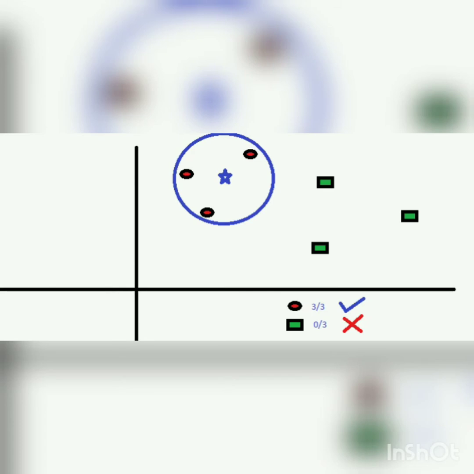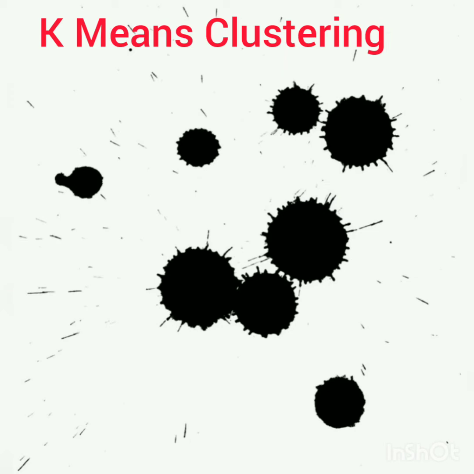So, the next one is K-means. It is a type of unsupervised algorithm which solves the clustering problem because it doesn't have a target variable or labeled target. This procedure follows a simple and easy way to classify a given data set through a certain number of clusters. Data points inside a cluster are homogeneous and heterogeneous to the peer groups. Remember figuring out shapes from ink blocks? K-means is somewhat similar to this activity.